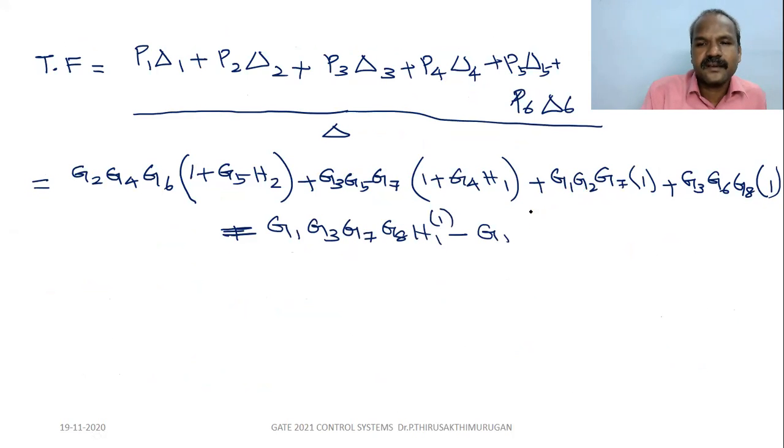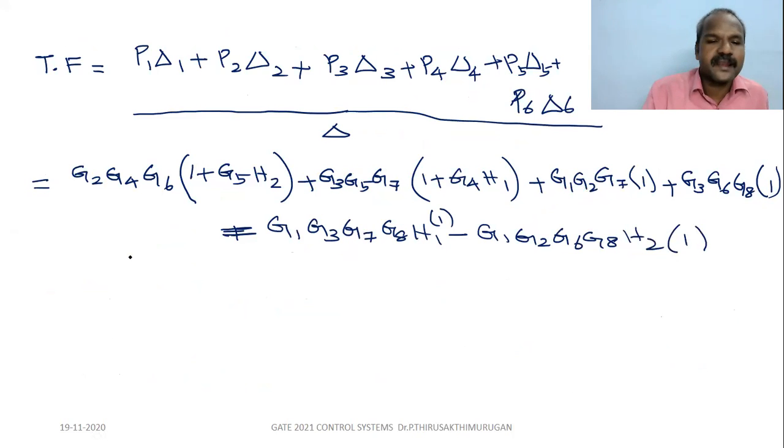Del 5. Plus G1, G2, G6, G8, H2 into del 6 is 1. Whole thing divided by